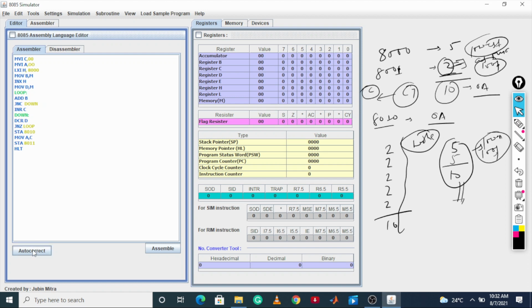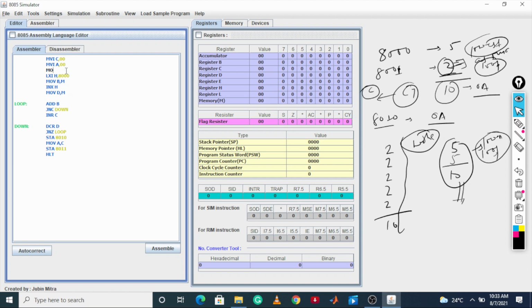Now let me auto correct this program. When I have auto corrected, this thing has been moved: MVI with 0. This is the program. Move MVI with 0, and moreover this has come up.